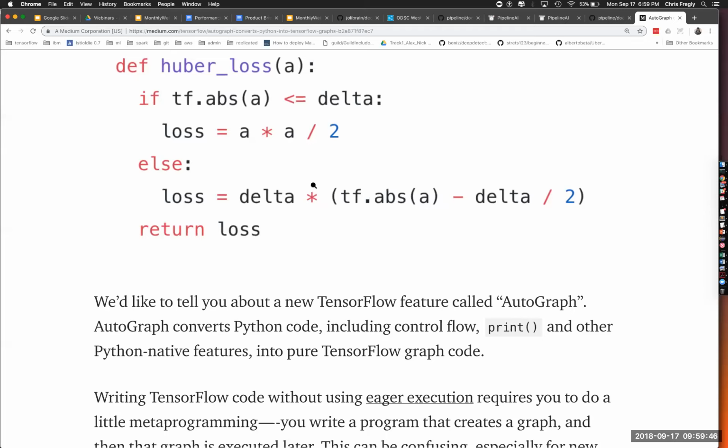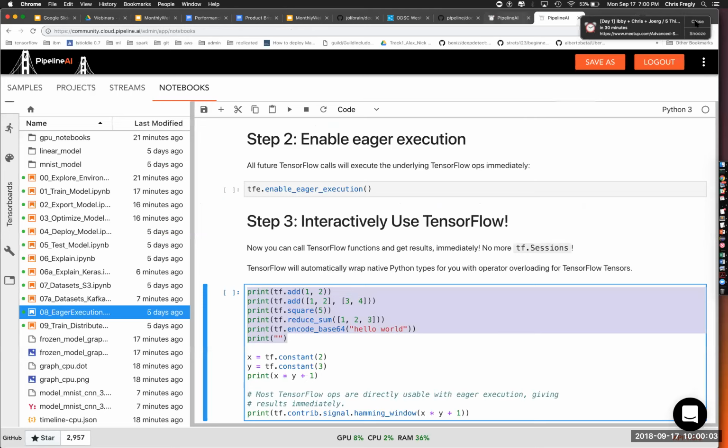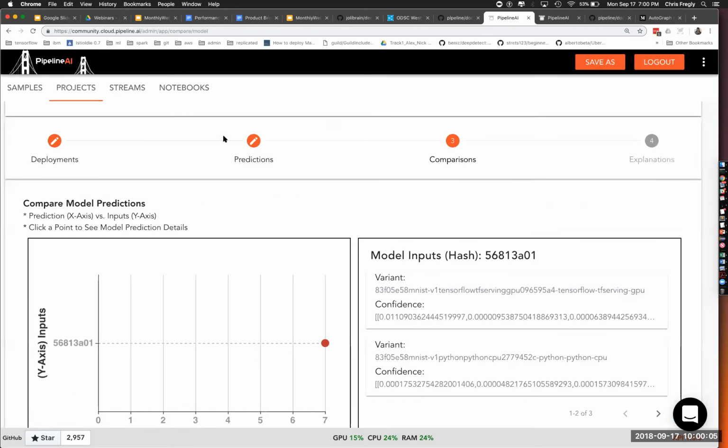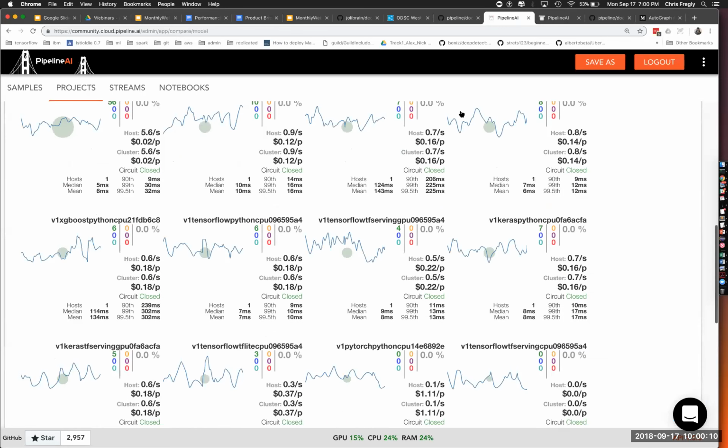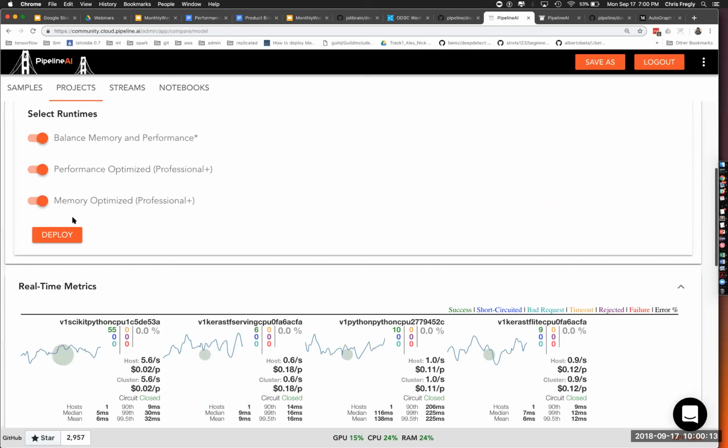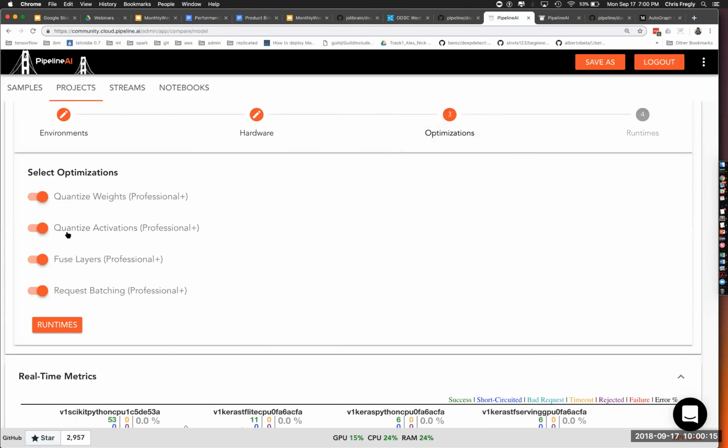Sometimes we use autograph, sometimes we just have to manually code it within TensorFlow or Keras. Once that model is converted, we push them both out and compare the performance. And once you can get things into TensorFlow, you have a whole lot of performance options. You have GPU, you have CPU, you've got all these little tricks and systems level switches that you can now turn on. And with the Pipeline platform, you can experiment with all these continuously and safely.